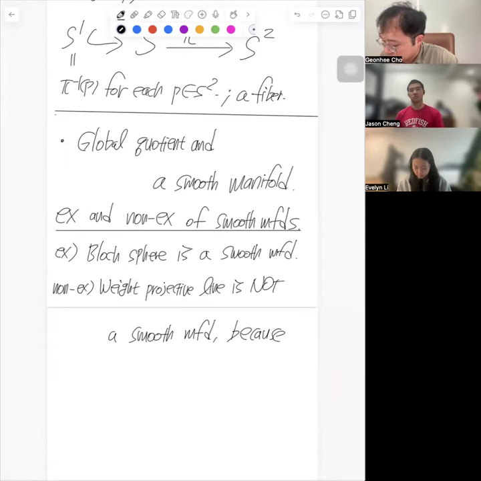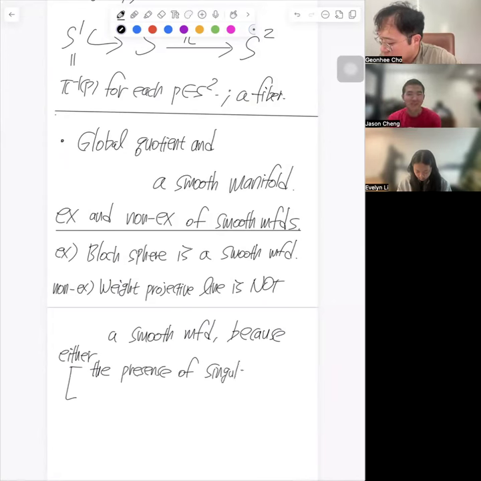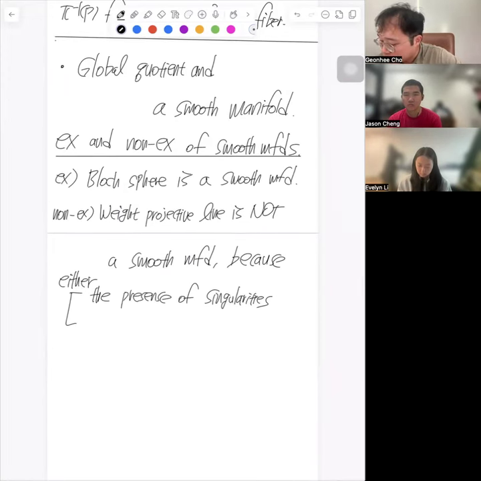Either you can say the presence of singularities, as you said, which is legally fair, or equivalently,